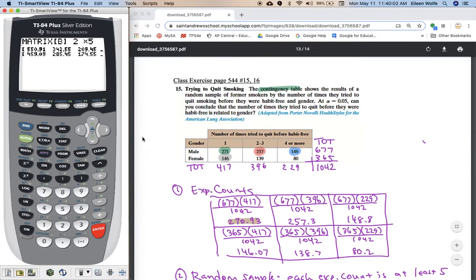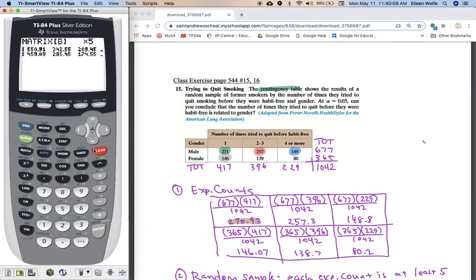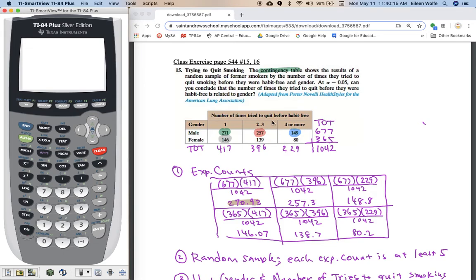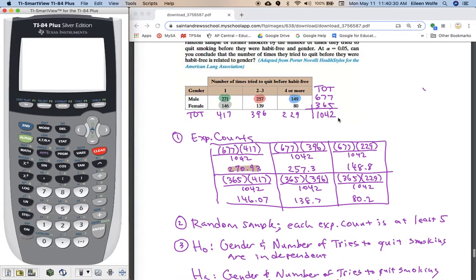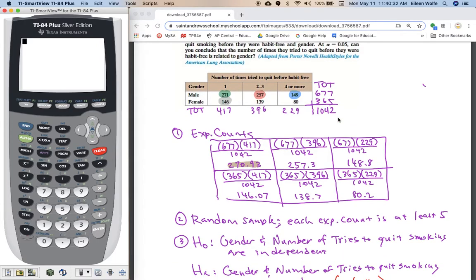There really aren't variations here. The data comes in a contingency table, and that contingency table shows you the results of some survey. In this case, it's about quitting smoking. How many times have you tried to quit smoking? And what is your gender? So we want to know, can we conclude that the number of times to quit before they were habit-free is related to gender? So since we're seeking that relationship, we're going to go ahead and do